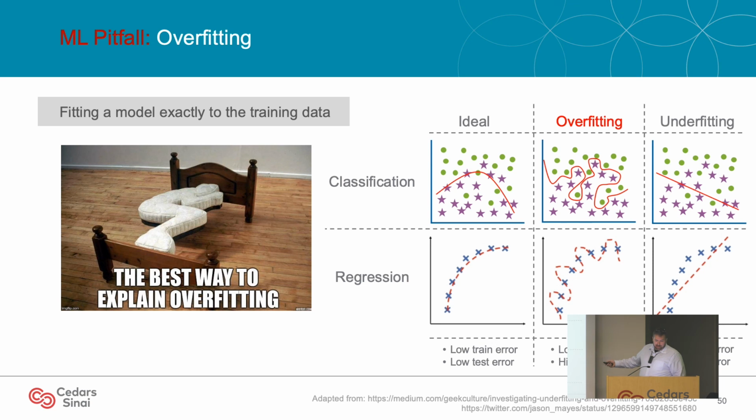So let's take a look at classification up here on the top and regression down here at the bottom. Again, there are 2 fundamentally different goals here. Classification, you're trying to find a boundary between the 2 classes. And here you're trying to fit the line to the data so that you're making accurate predictions on the line. And this is ideal modeling for both. In classification and regression, you want low training error, low testing error.